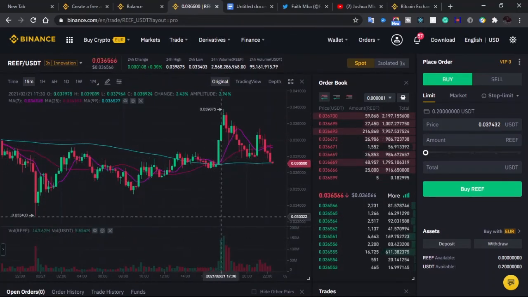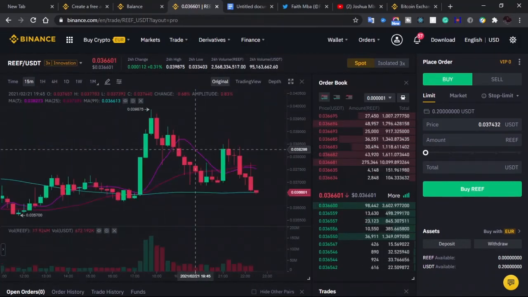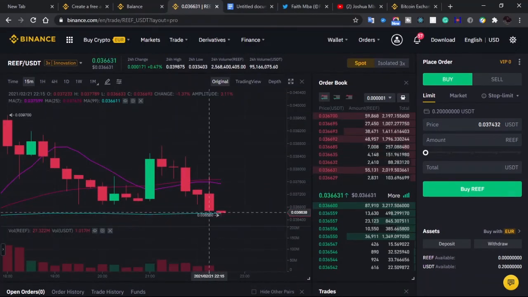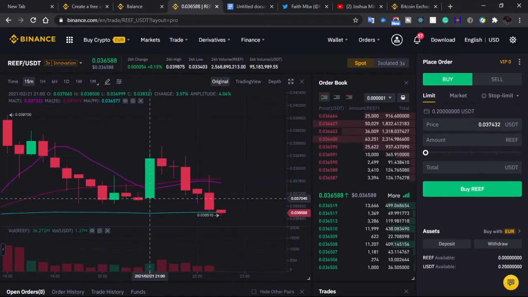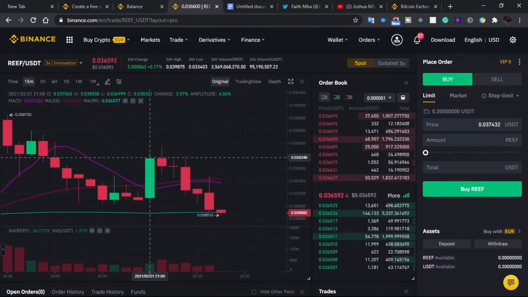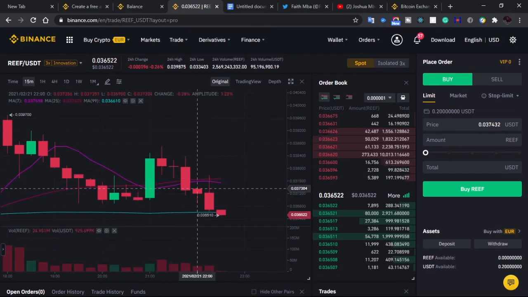Each of these candlesticks represents 15 minutes if I'm on the 15 minutes trade chart. And on the 4-hour trade chart, each of these candlesticks represents a trade session, 15 minutes trade session or 4-hour trade session, depending on the view I am on. So for this green candle, it means that the trade started under here and finished on top. For this other one, it means that the trade started on top and ended down. So red means it started on top and ended down. Green means it started at under and ended at the top. So I'll just stop there for this candlestick analysis. I'll be doing a detailed explanation in subsequent videos.